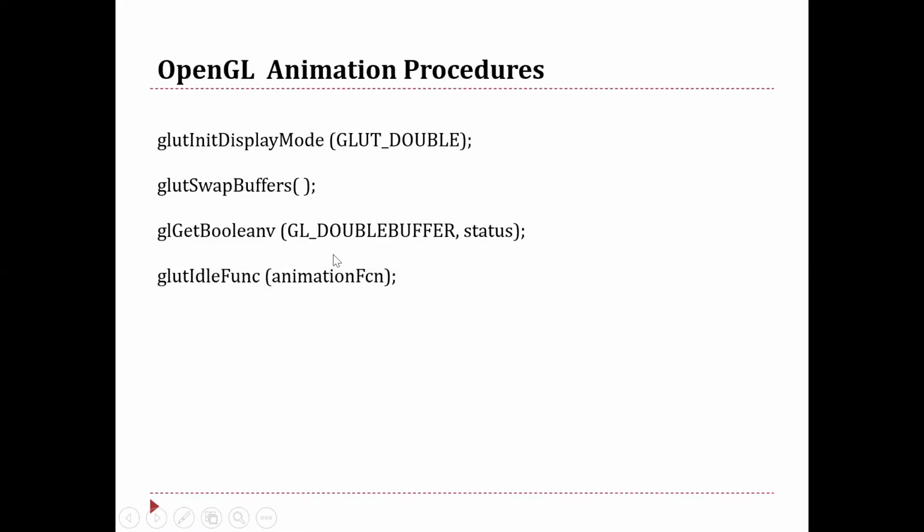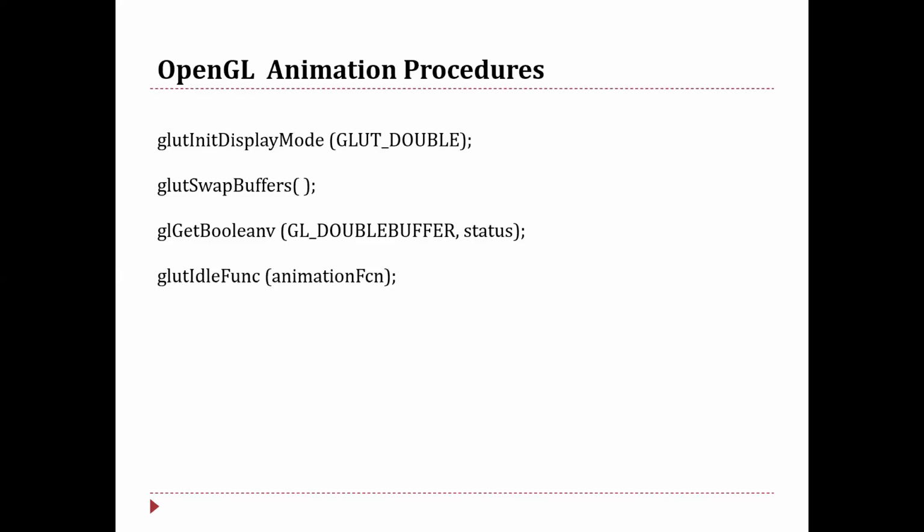Here a value of GL_TRUE is returned to the array parameter status. GL_TRUE is returned if both the front and the back buffers are available on a system. Otherwise, the return value is GL_FALSE. That means this status holds either GL_TRUE or GL_FALSE, in uppercase: true if both the buffers are present, false if it is absent.